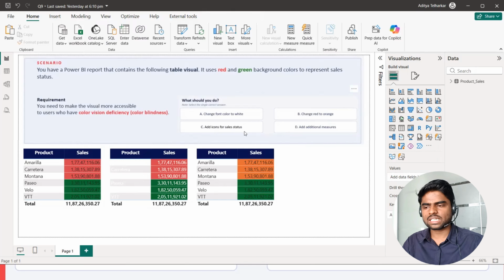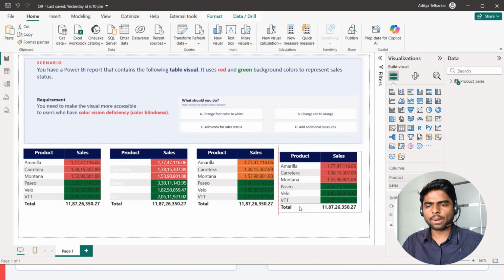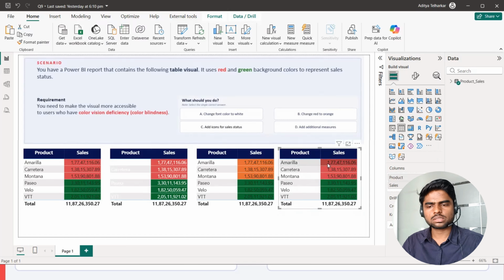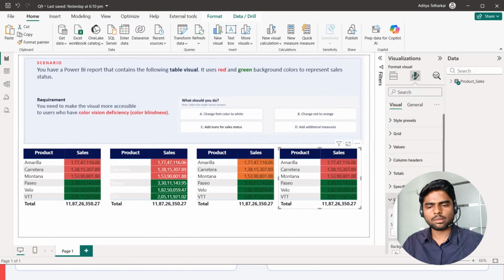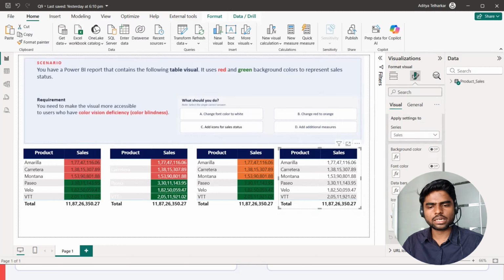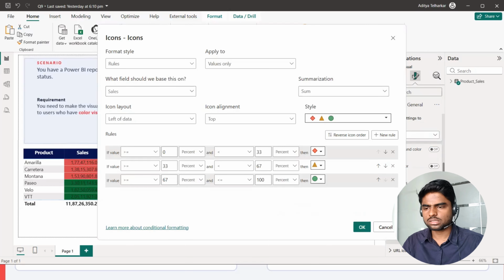To add icons to your sales status, I will make a copy of this original visual. Now instead of applying the conditional formatting on the basis of background color, I will apply it on the basis of icons. I will click on format your visual, then click on cell elements, turn off the condition based on background color, and turn it on for icons. Here I will give the conditions: whenever the sales is 0, which is a number, and less than, let's say, 1 crore 80 lakh,